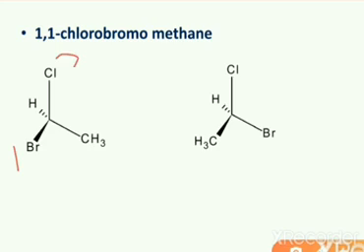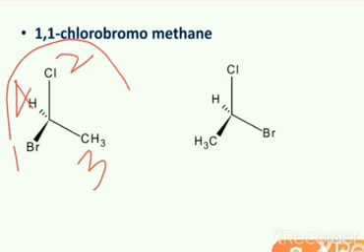The next priority should be for chlorine, and the next priority will be given to the carbon. Then the least priority will be for the hydrogen. So here in this molecule, the least priority is already away from us. Now we can visualize the molecule, how 1, 2 and 3 are arranged. Here 1, 2 and 3 are arranged in a clockwise direction, so this molecule is designated as R.